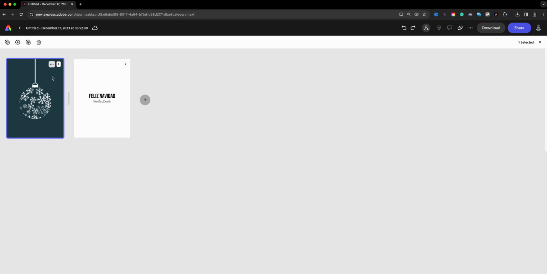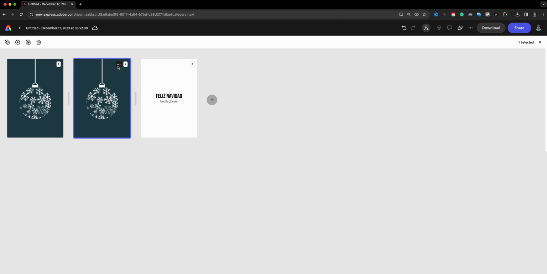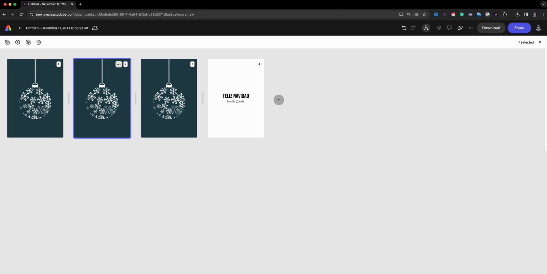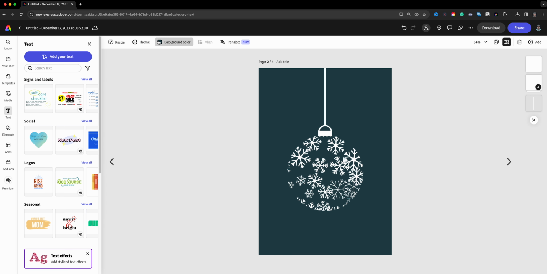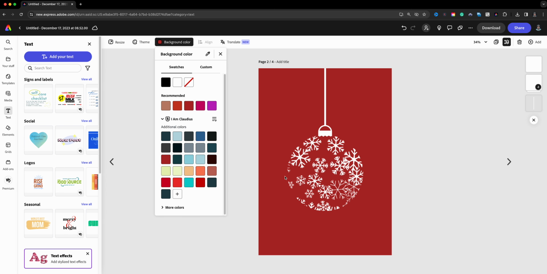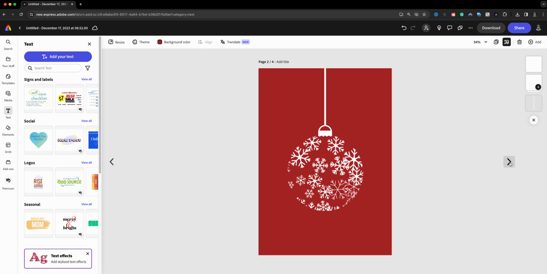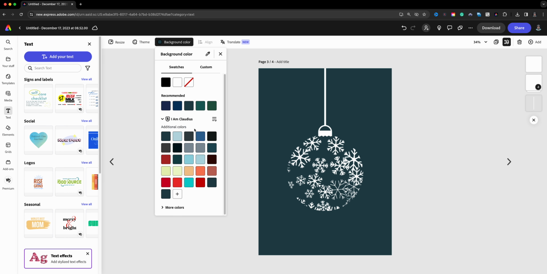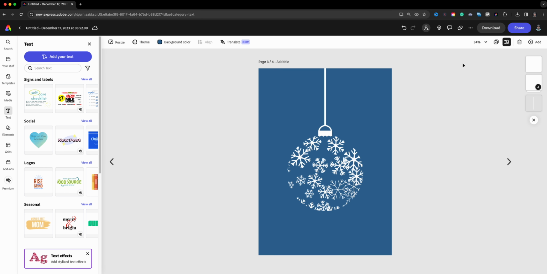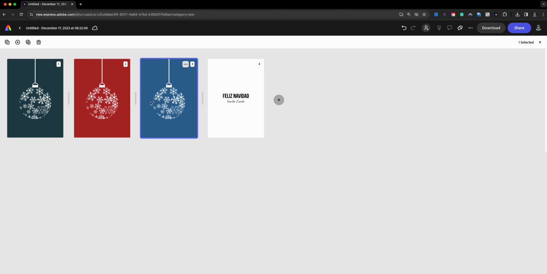So if you want to create variations of your Christmas card, duplicate them. We'll create 3 different ones, and then we'll go to the second page, change the background color. So we got the red one, so all of your guests will receive a different one. And if we change this background color, let's go with blue here, then you'll see here are 3 different types of cards that will print out. All of them will have the same message in the back,